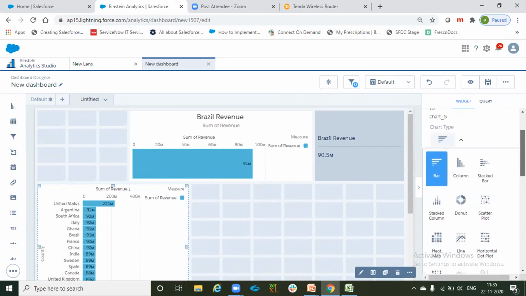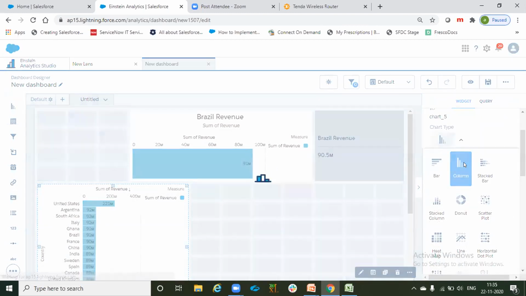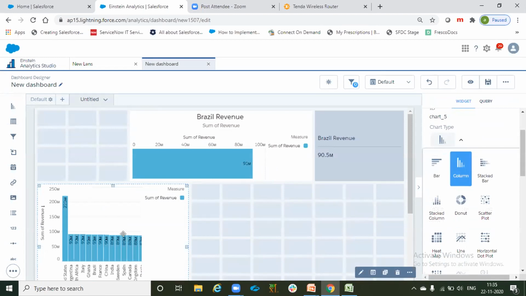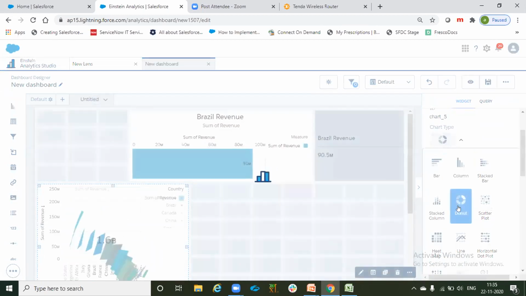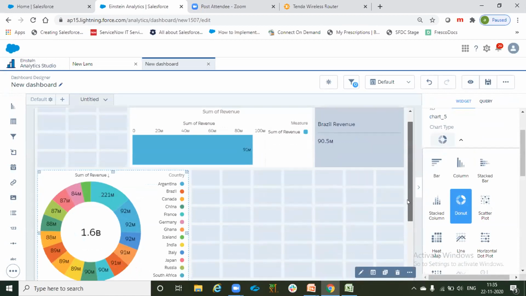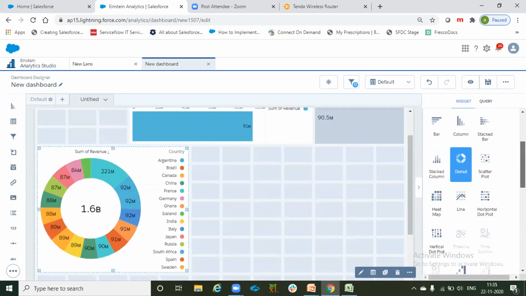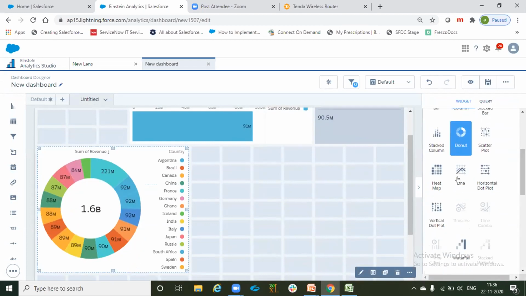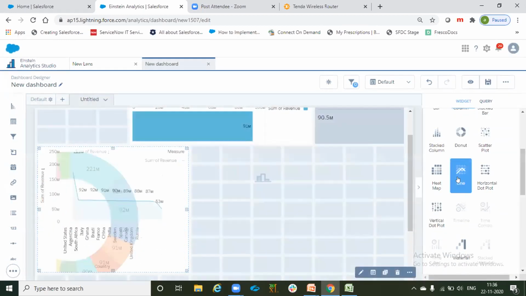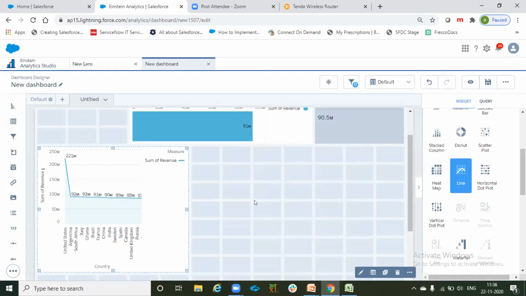You can select a column here, and it will come this way. If you select donut, then it will come here. That's why it is very important to choose the correct visualization. If we have line, it comes this way.